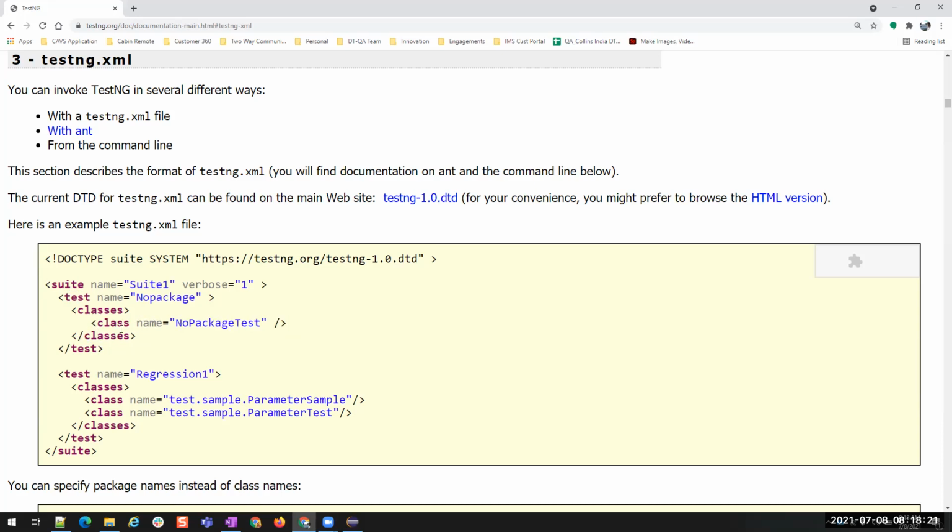Okay, and then inside each class you'll have the methods, right? So you have suite, test, class, and then methods. Methods can't be declared here, so you can just assume inside the class there are methods. Okay, so this is the hierarchy: suite, test, class, and methods.